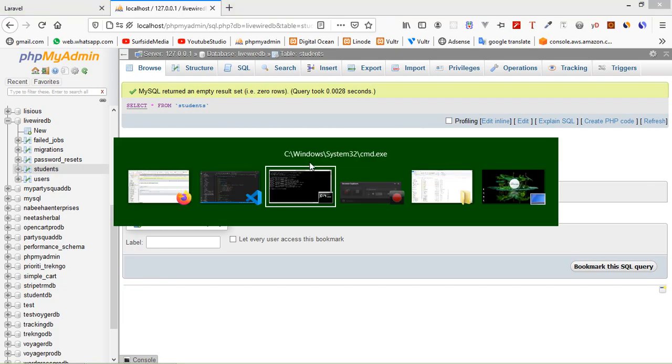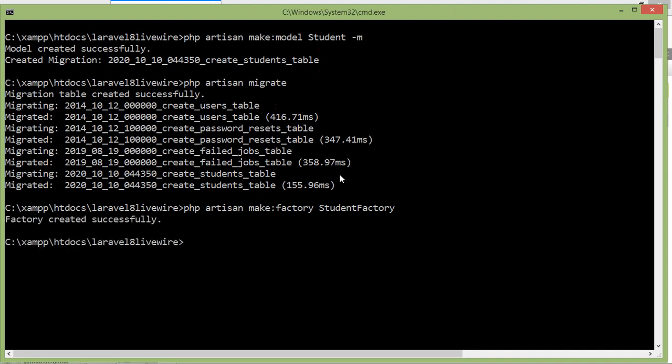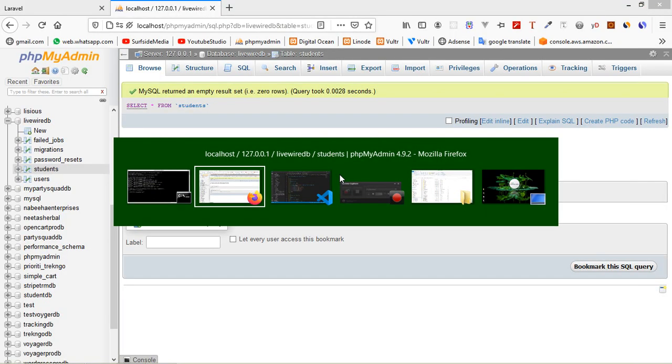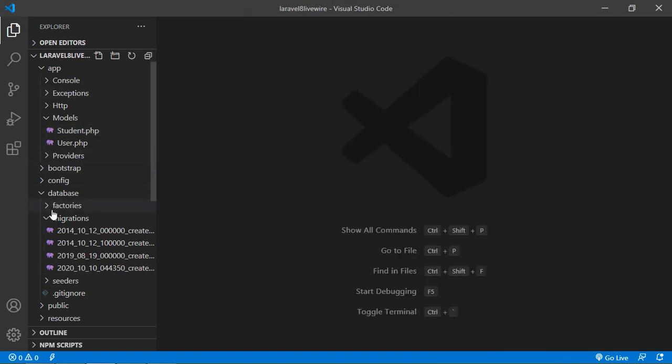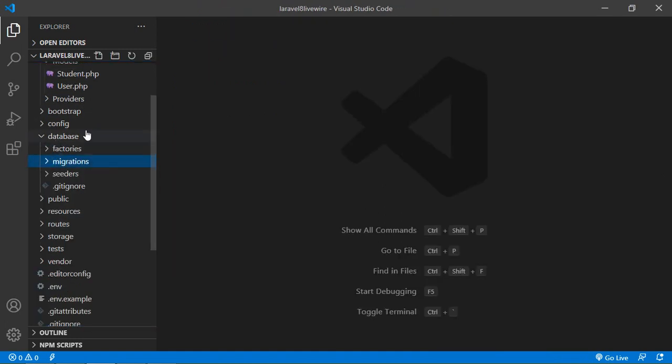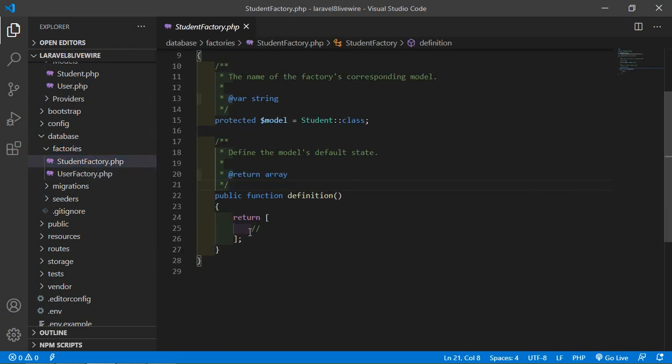For that, let's create a factory. Just write php artisan make:factory, space, factory name. Let's say the factory name is StudentFactory. Now press enter. Factory created. Now switch to the project and open the StudentFactory. Go inside database, factories, and open StudentFactory. Inside this return array, just write